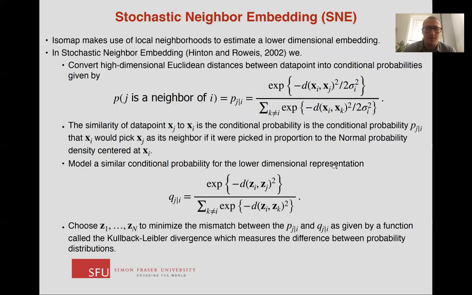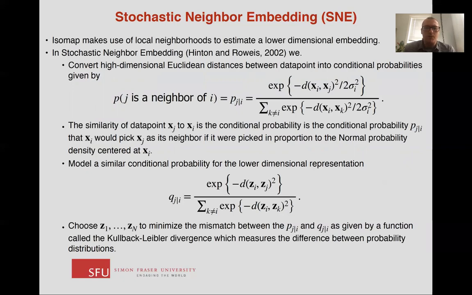Okay. So finally today, let's look at one more method for dimension reduction. It's the stochastic neighbor embedding. So this is an even newer method, and so let's compare it to Isomap and kind of see how it works. So Isomap makes use of local neighborhoods to estimate a lower dimensional embedding. Here we're doing something similar,